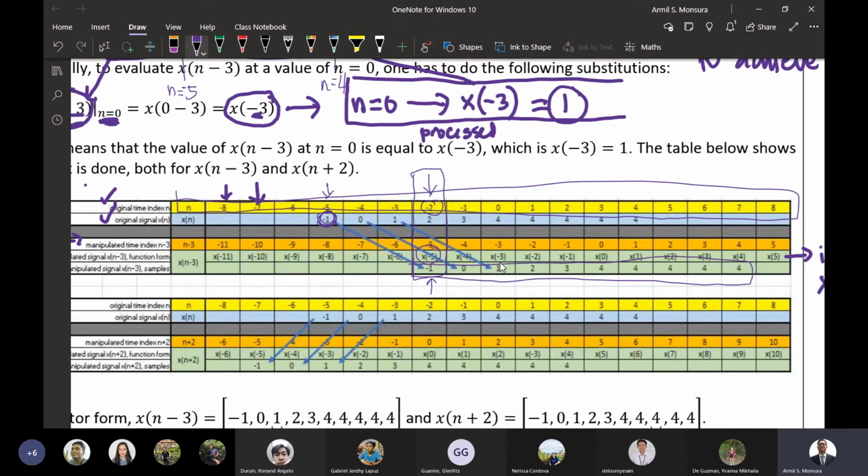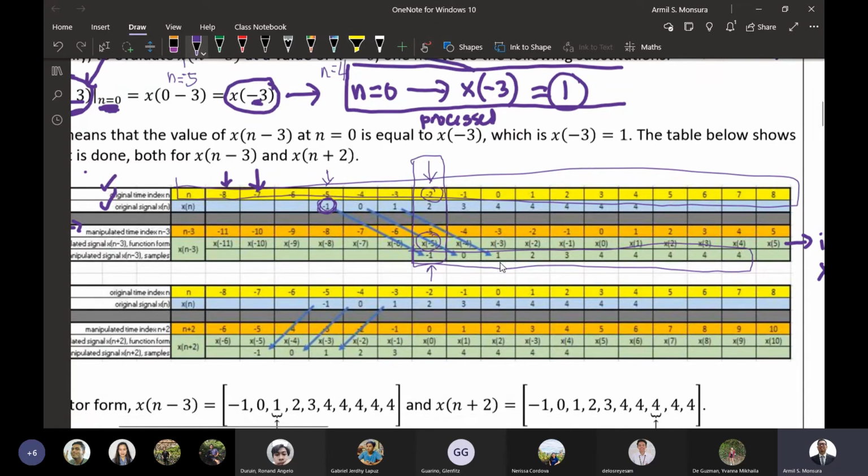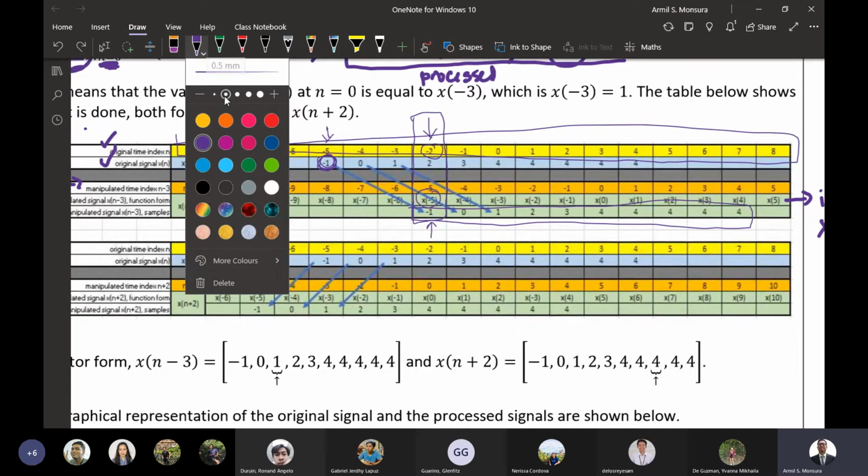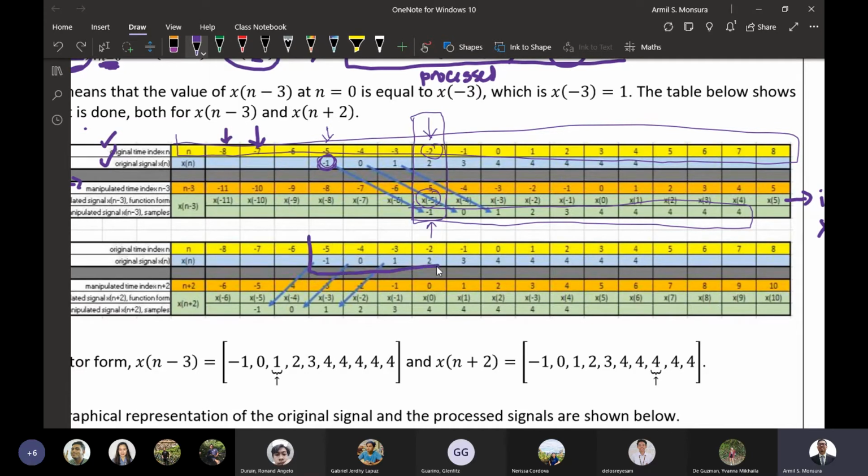Okay, kasi ito, tingnan niyo 'to. Kung halimbawa na ang original signal niyo ay ito. That's your original signal. Ang nipis talaga niya. Pag naman sobrang kapal naman. Okay. Ito yung original signal niyo. Take note of the time index. Okay? Ngayon kung halimbawa,